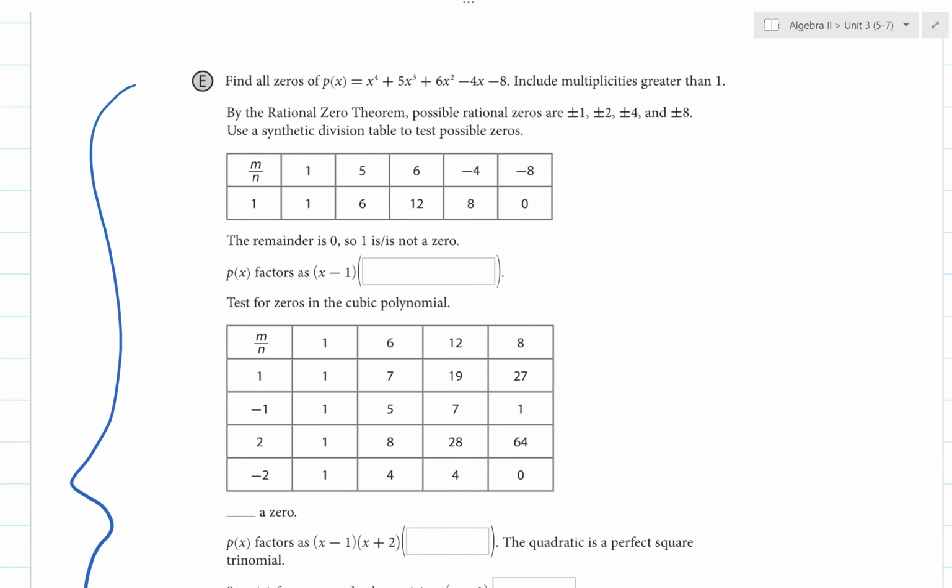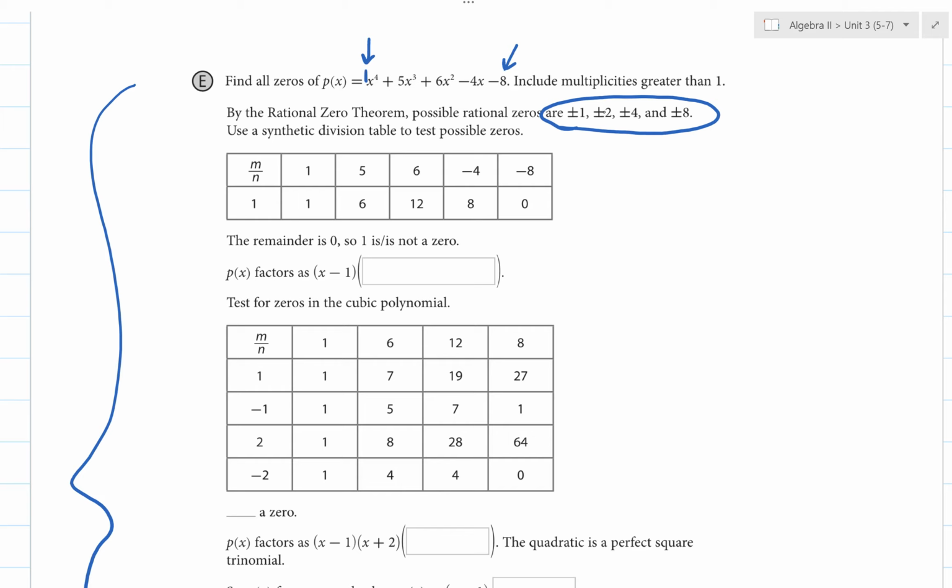Okay, so this next example, we're not going to do any work on this one. I just want to talk through it real quick so you can make a connection between what we're doing today and what we did yesterday. So yesterday we learned to use the synthetic division method to test out different roots. Remember, we used the rational root theorem to come up with a list of roots, and we did that by looking at the factors of the constant term over factors of the leading coefficient, which in this case would be 1. Okay, so for this problem, we look at the factors of 8 over the factors of